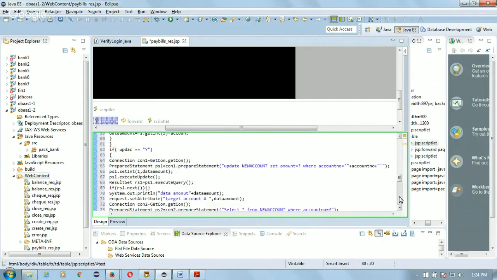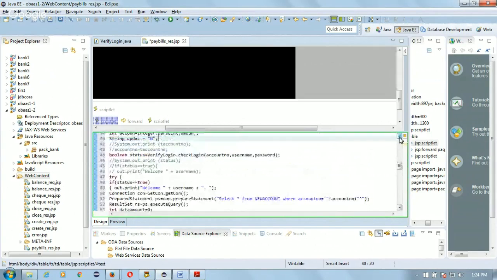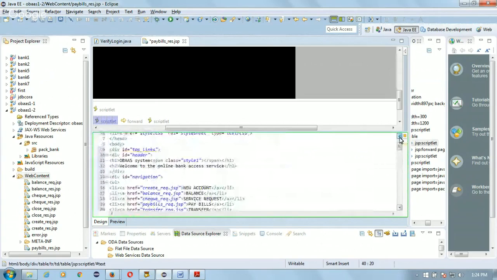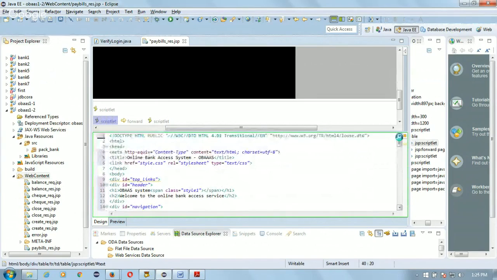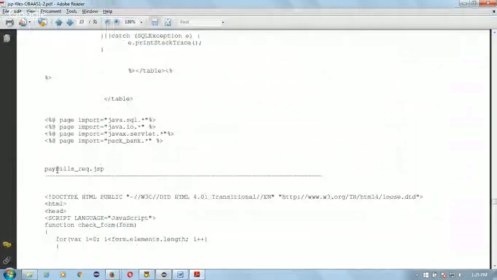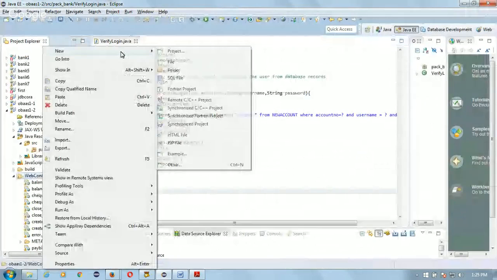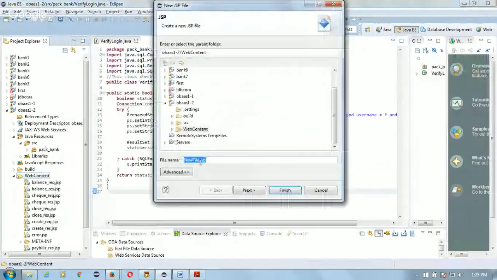Now it is not showing any error here, right? And also let me check any further errors. Okay, let us save it. Okay, then pay bills underscore rec, create new JSP file, pay bills underscore rec,